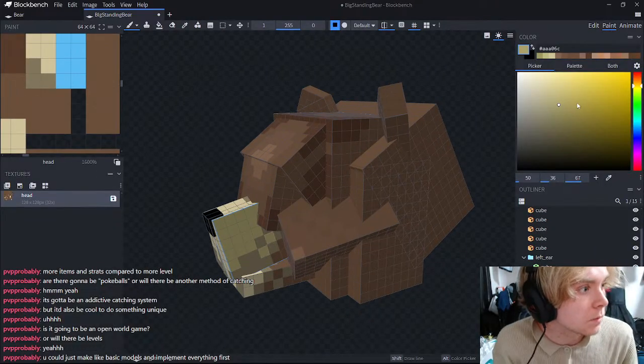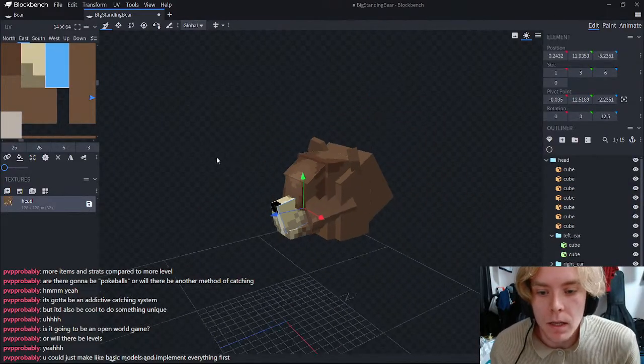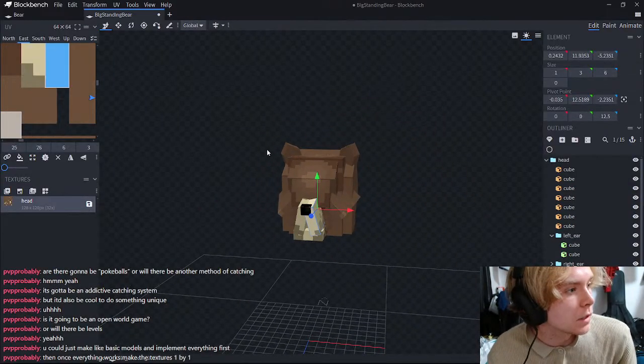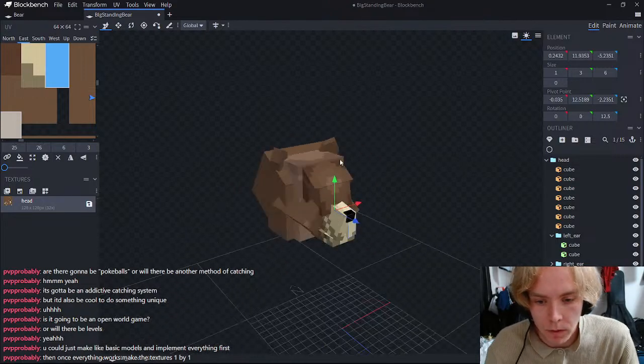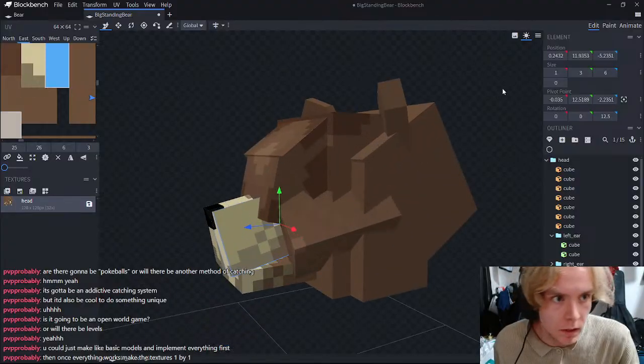You could make like basic models and implement everything first. Yeah, I just want to make one good model to test with. Yeah, I think that's probably what I will end up doing. I'll just make one model to test with, and then